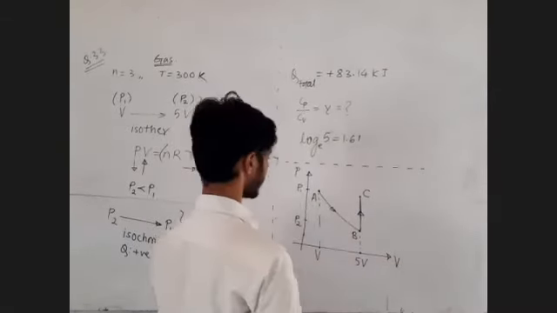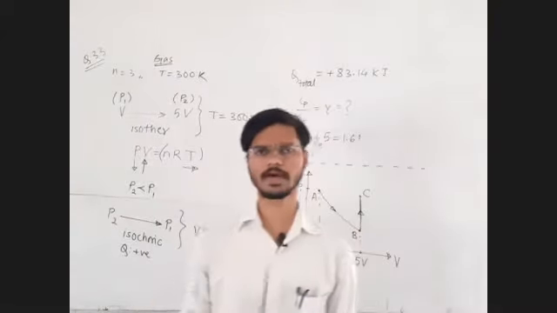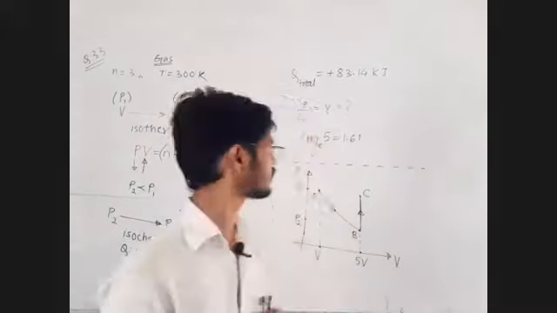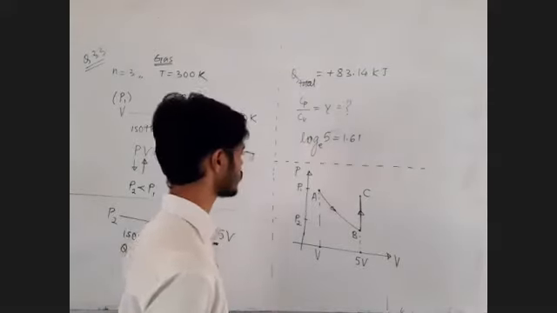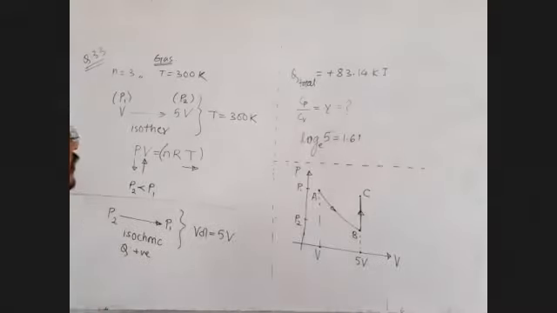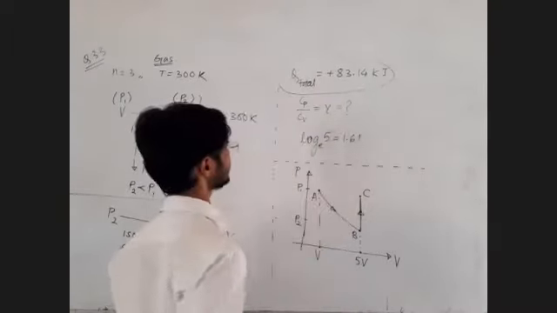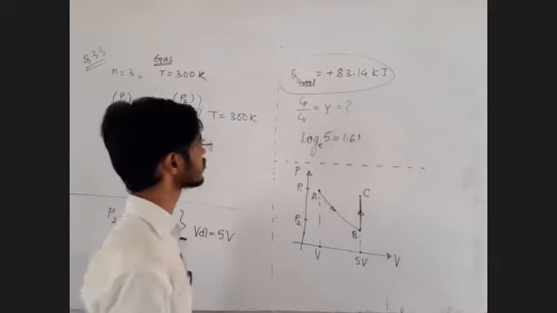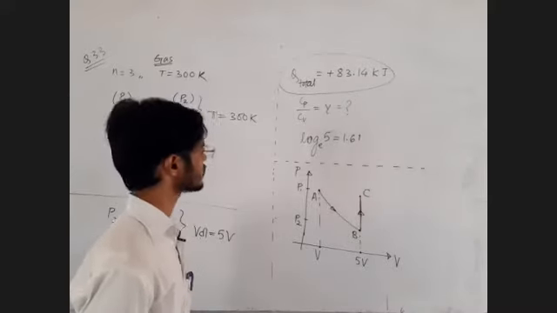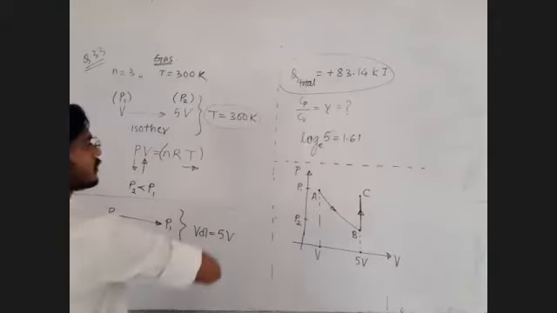Do we have any direct formula here for gamma? 1 plus 2 by f and all those sorts of formulae will not work. Okay, fine. What to do then? Now let us think of this total heat which is given. If you don't know formula for what is being asked, what we can do is we can write the formula for what is asked. See, we also have the data of temperature.